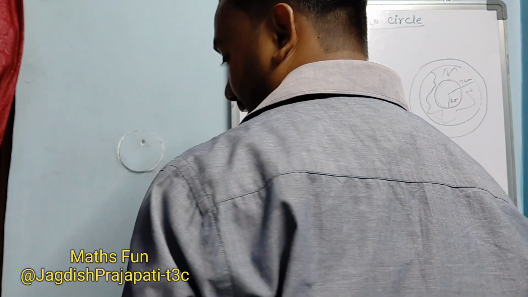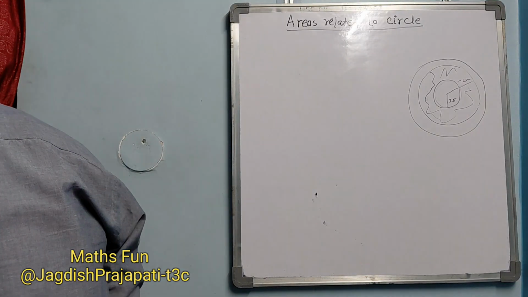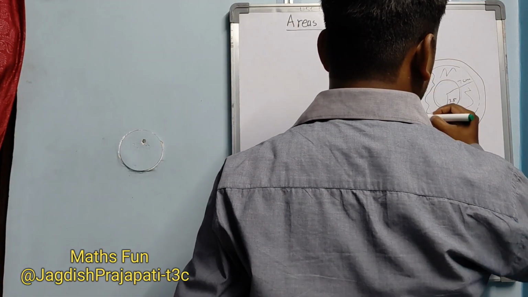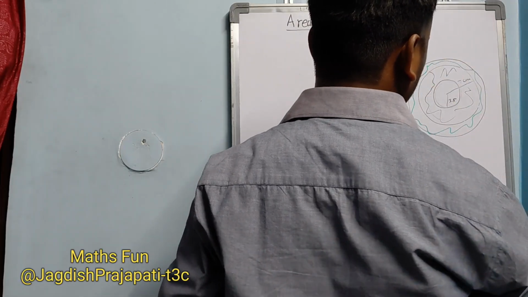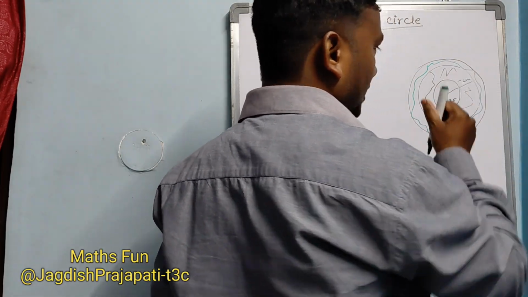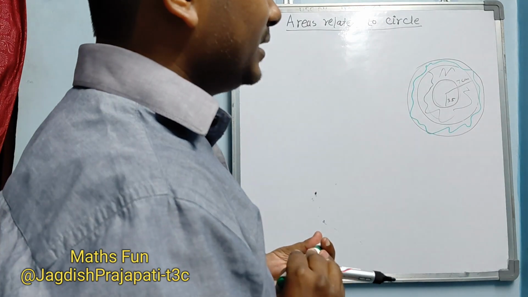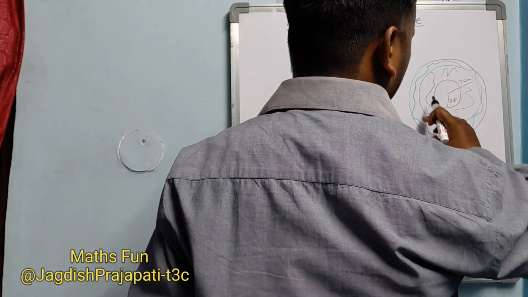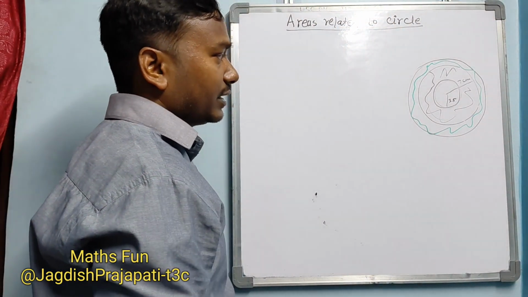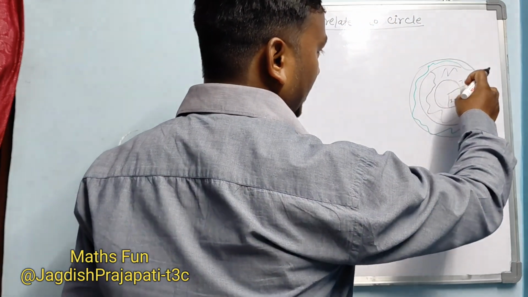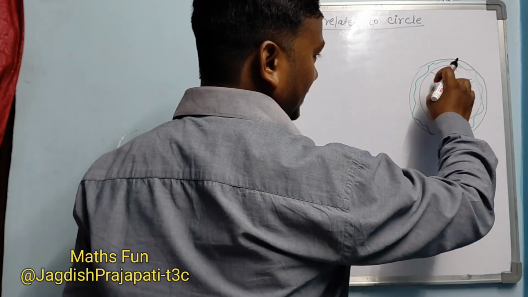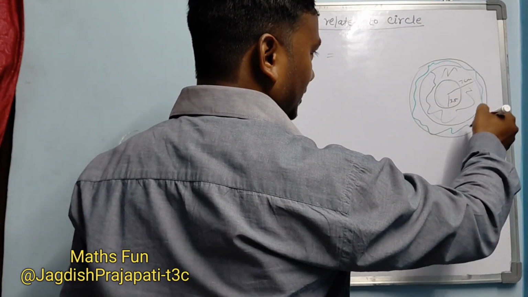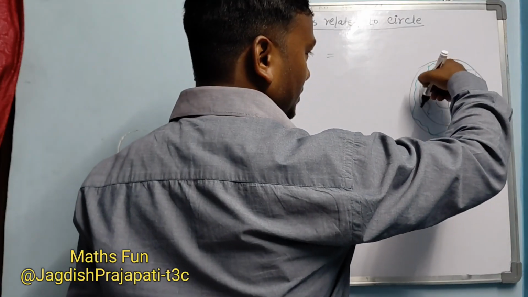So it is saying that this area and this area both are the same. Then we have to find out the radius of the outer circle. Okay, so since we have found this area, we can equate it with the area of this circular region.